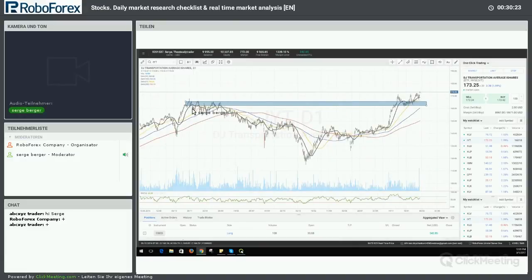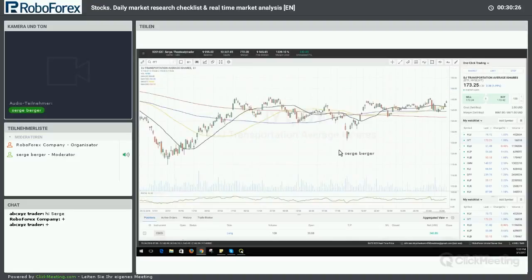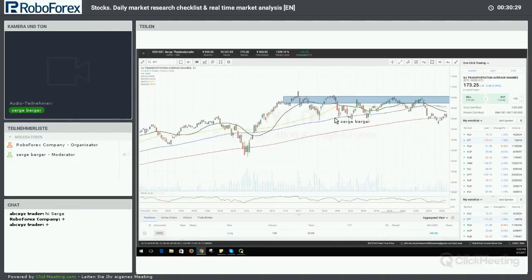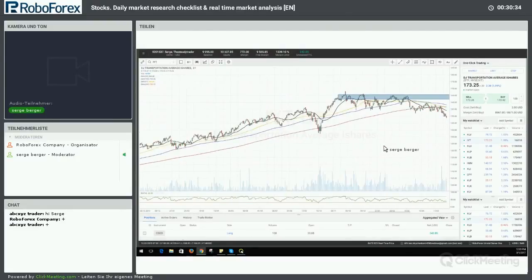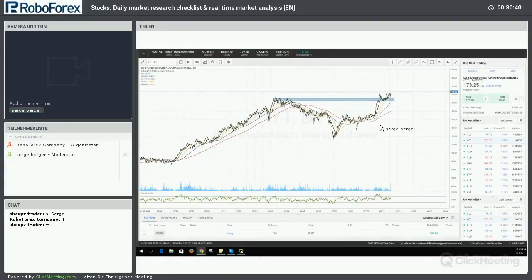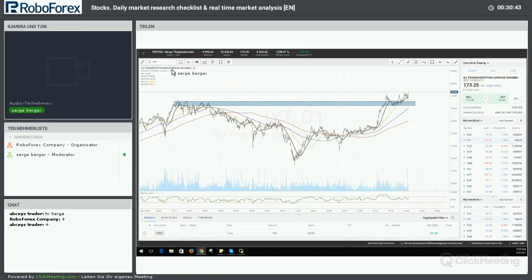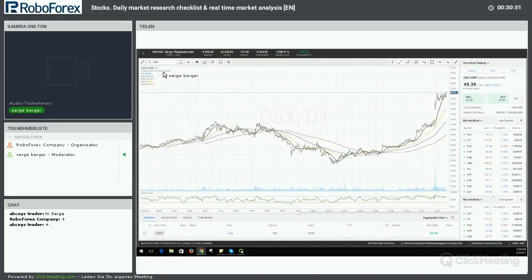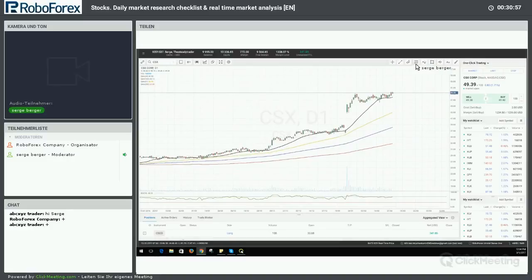We pushed back above those highs from, I guess this was 2011 and 12, is what it looks like. So the transportation stocks are, in my opinion, just now extending to the upside. So given that backdrop in transportation stocks, looking at various transportation stocks, for example, I like to look at the railroad companies, and one of them that I like to look at is CSX. This is a stock that you can see is actually today also attempting to break higher out of what has been a very orderly trading channel, right? So this looks good.